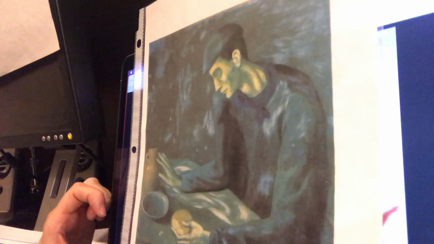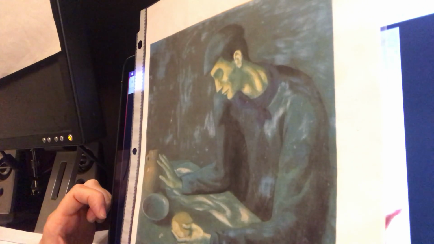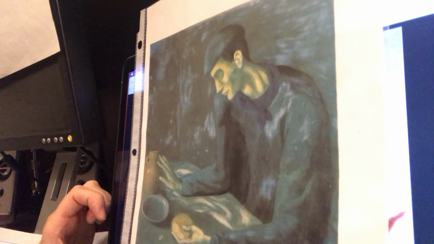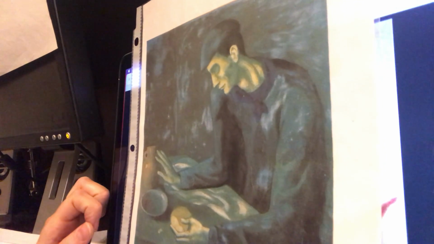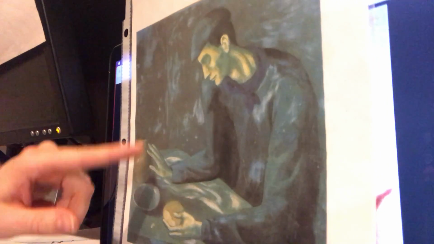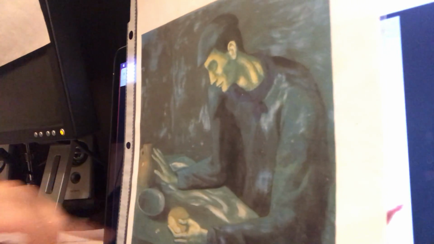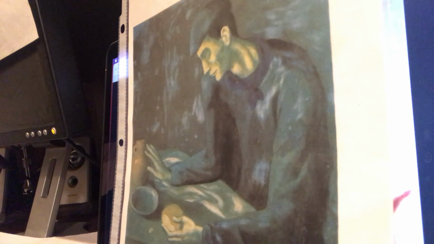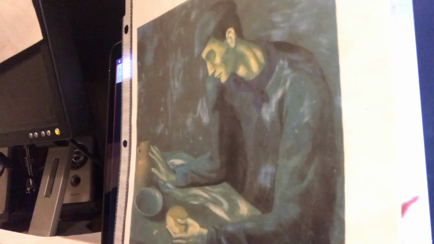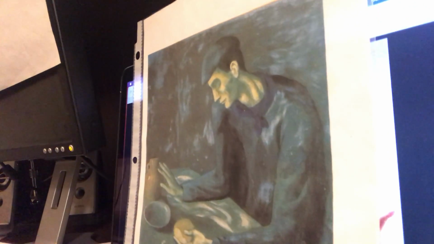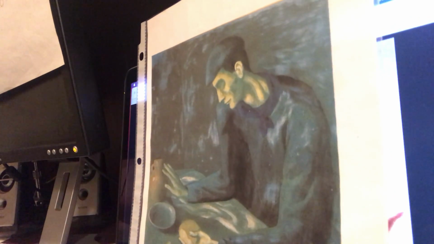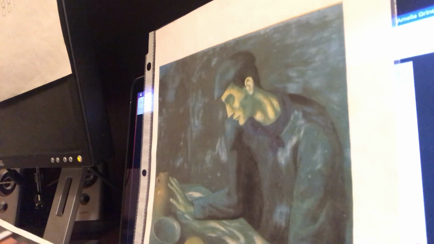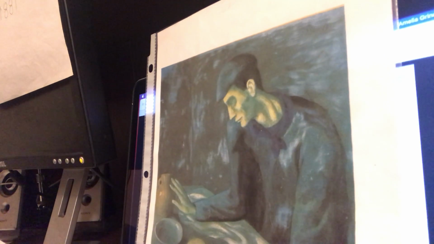As you can see, the background, the clothing of the subject, even the bowl and the table are all used in blue, and even the shadow on the man's skin is going to have blue tones. So this is an example from his blue period. He had a rose period where things were in the pink, reddish style. And then he moved into an African period and then his Cubism, and this is Cubism's Surrealism